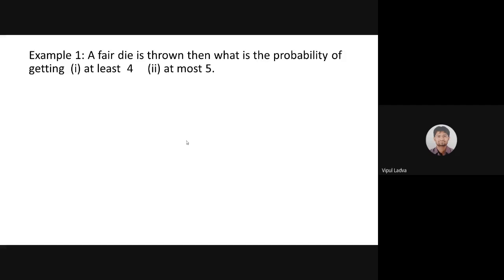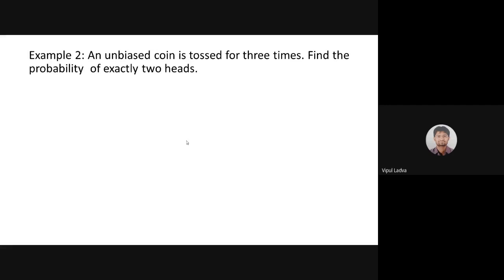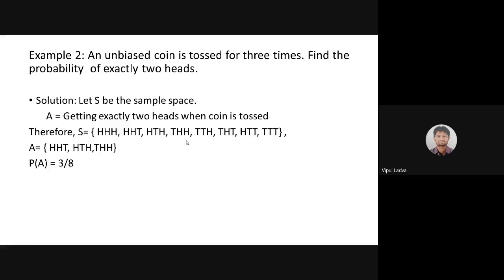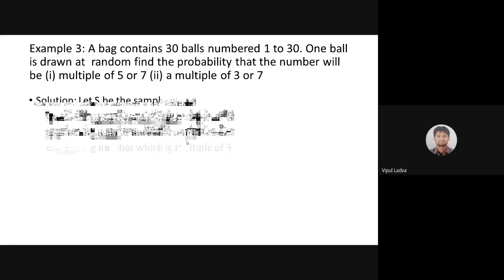Meghna, we are done with this example. Hopefully, a fair dice is thrown. Yes, sir. Good. We are done with that, and we also did the unbiased coin toss for 3 times. Yes, sir. We already did that. Yes, the deck contains 30 balls, numbered 1 to 30. Are we done with this? Yes, sir. Good. So,